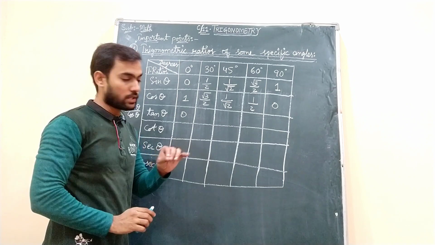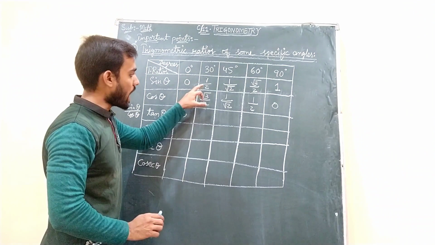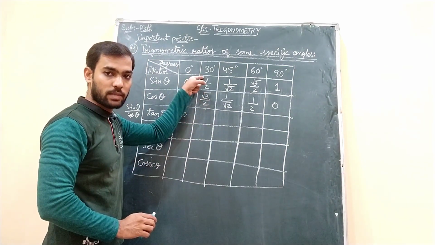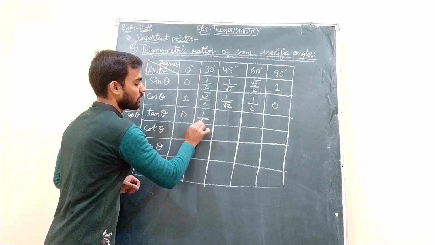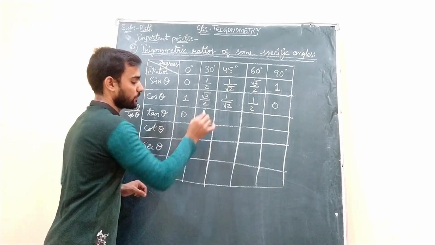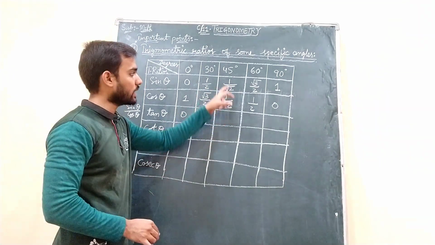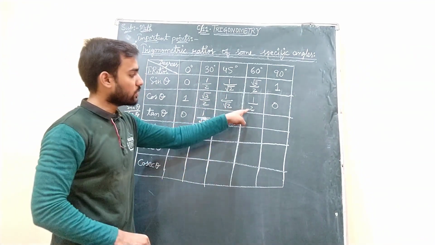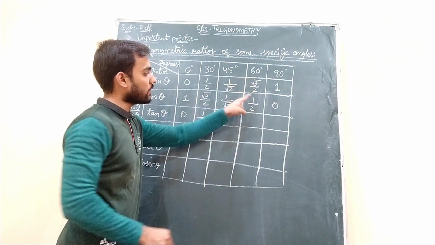Understand? Listen to my point carefully. This is also a fraction. This is also a fraction. When you are dividing two fractions, as their denominators are the same, this 2 gets cancelled. So here remains 1 and here remains root 3. So you will get this value as 1 by root 3. Understand? Then here, when you divide this, again this root 2 gets cancelled. What you will get? 1 by 1, which is nothing but 1. Okay. Then when you come here, this 2 gets cancelled the same. Then you will get root 3 by 1, right?